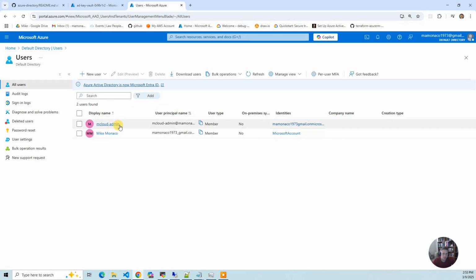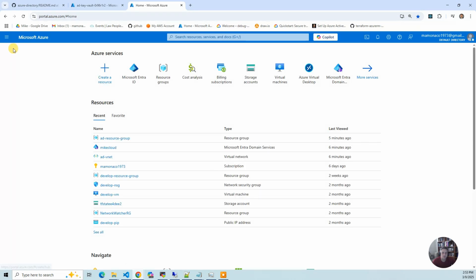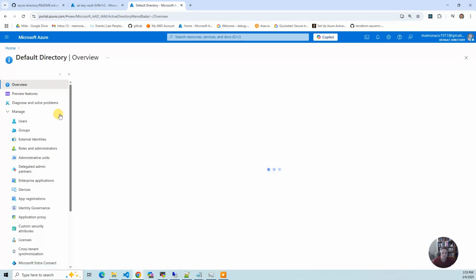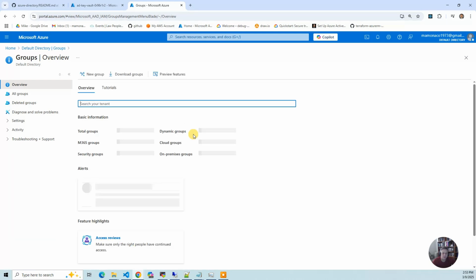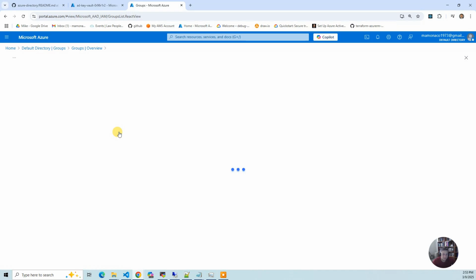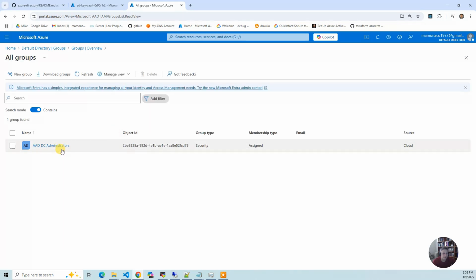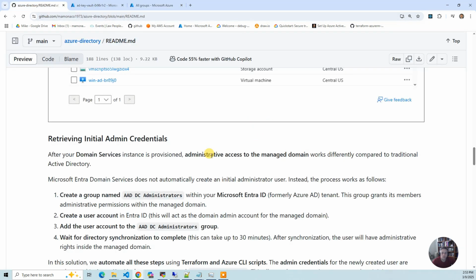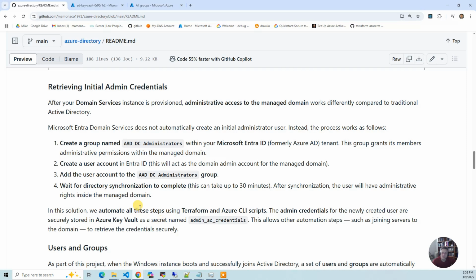We create it in Terraform, and then we also script the group. So we have to create this special group called AAD DC Administrators. Once you're in that group, you're now an admin that we can use to log in. All right, so this is kind of cool, but again, it takes up to 15 to 30 minutes for its